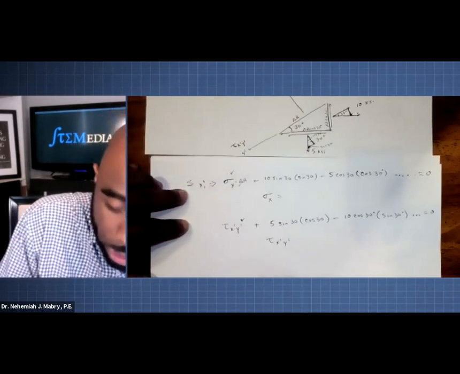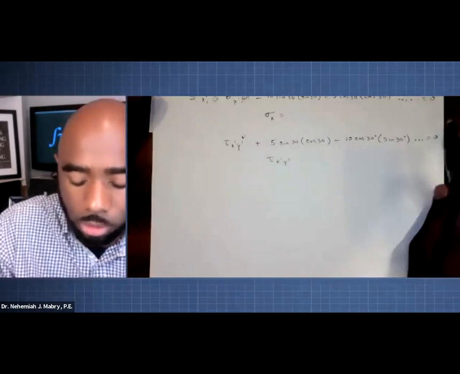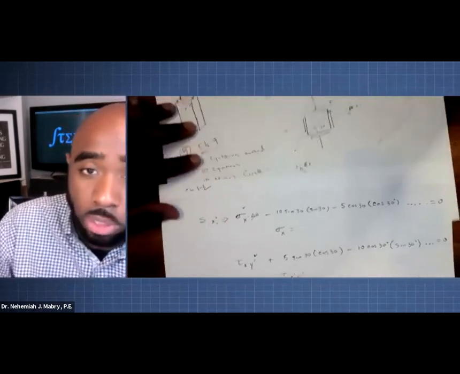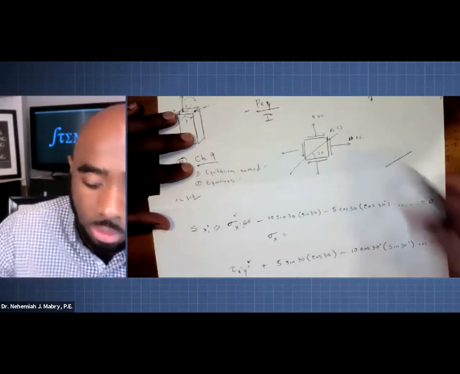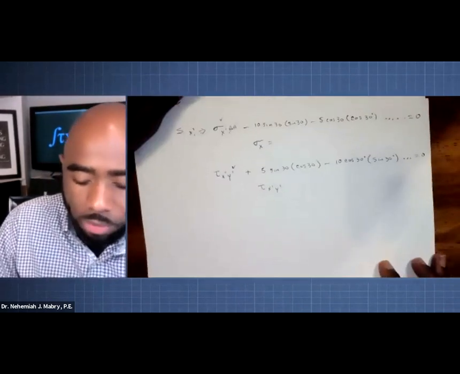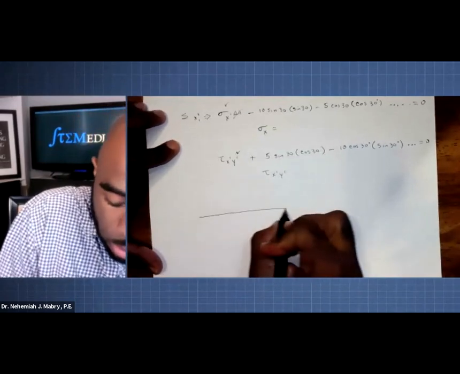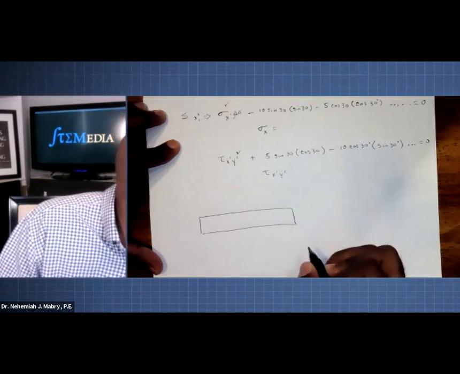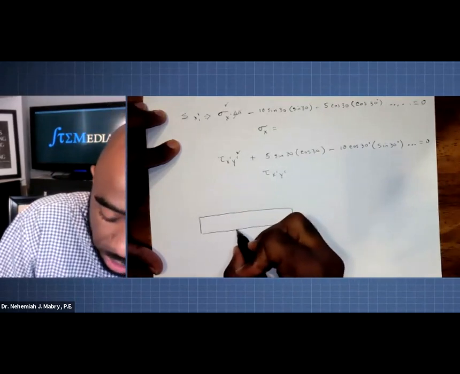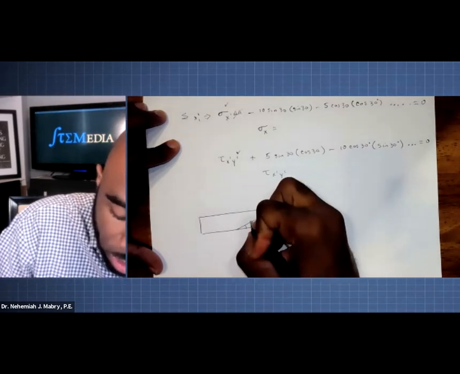So if they give you a beam here, let me come up here. Ultimately, we're trying to get to a place where we look like this, where we know where everything is here. Well, if they give you a beam, and I think in this case, they gave you the angle of 30 degrees. They just kind of drew it here. That's the angle they're dealing with.